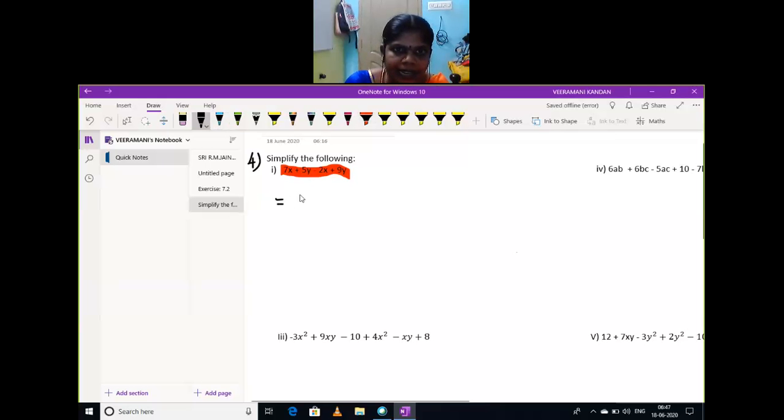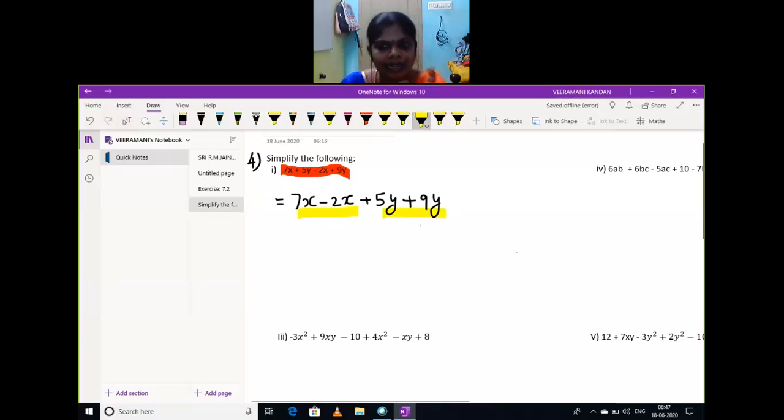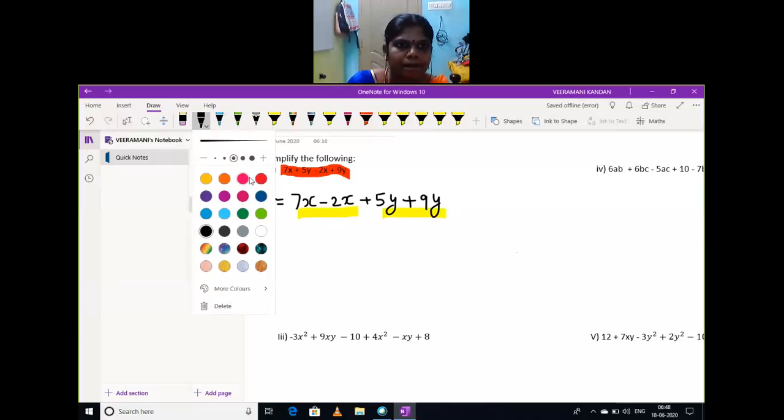So 7x minus 2x plus 5y plus 9y. Okay. Here x is the common variable. 7x and 2x are like terms as well as 5y and 9y are like terms. Okay. So here common variable is